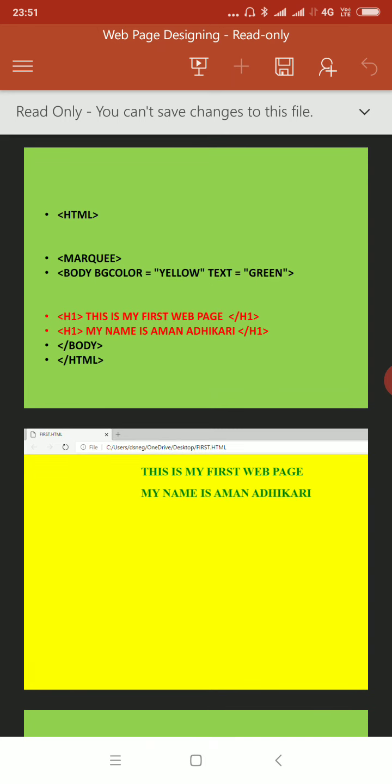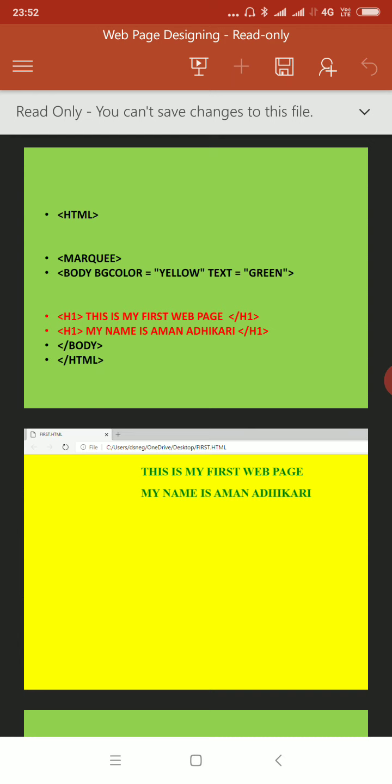When you write coding in HTML, first write the code in Notepad, and then when you save it, you give the extension .html. Suppose the program name is first, then when you save it, the file name should be given as first.html, and you can store it directly on the desktop, and when you double click it, you can run it directly.